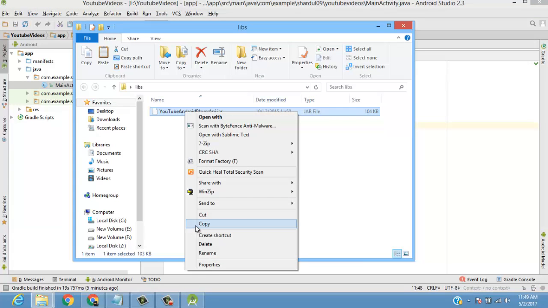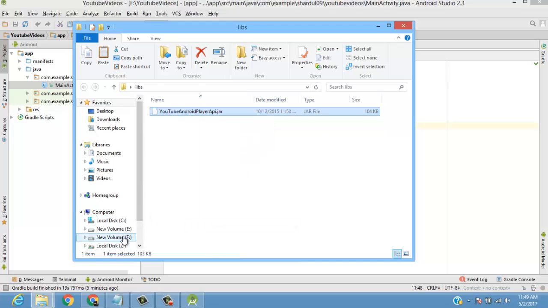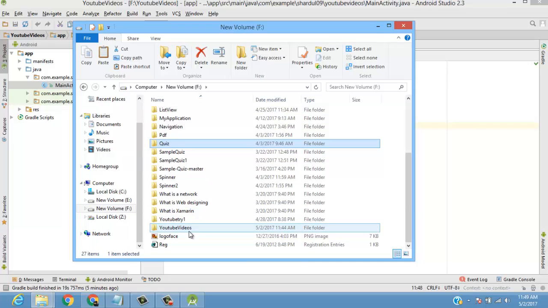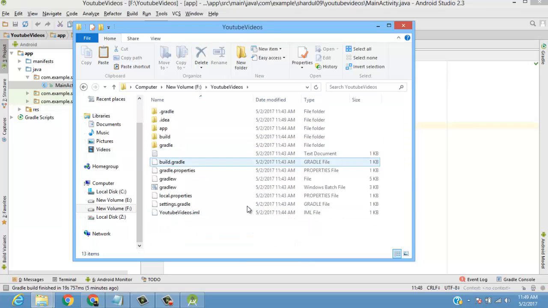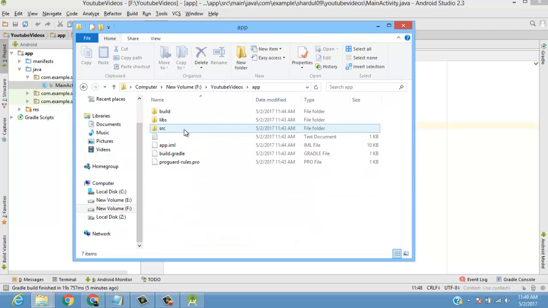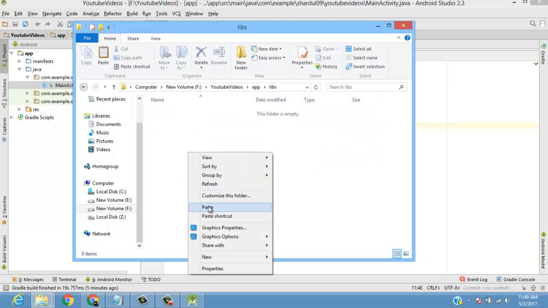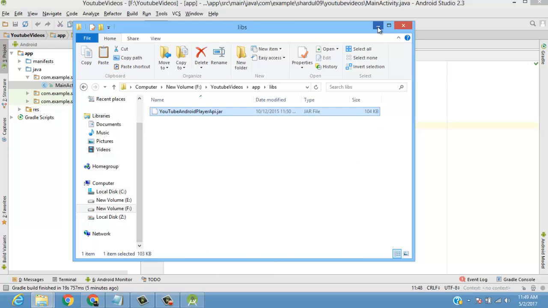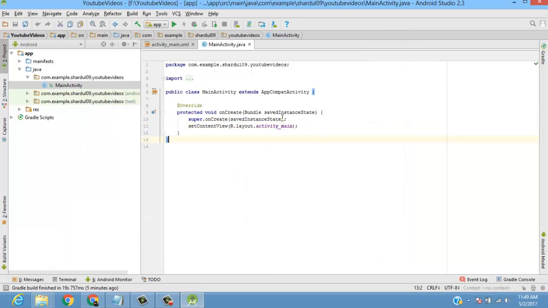Let's copy it again. In the F drive we have YouTube videos. So in that folder, go into the app section, apps, and then we have the libraries folder, and just simply paste it over here. Okay, now come back to your Android project and go into the app folder, right click over there,